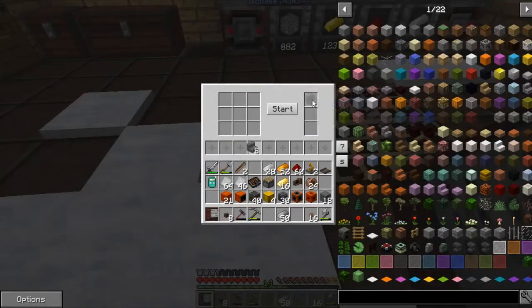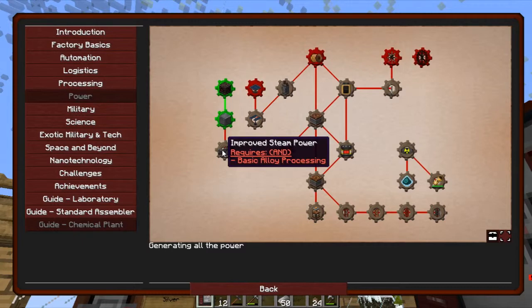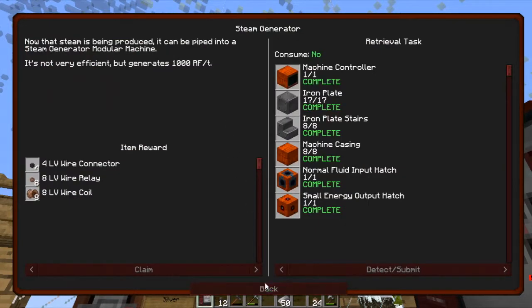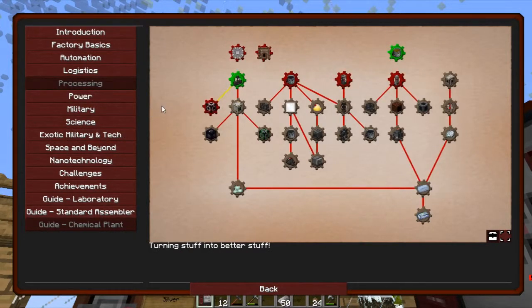Okay, so that's iron plate stairs from Quark. So that should complete that quest. Detect and claim. Now the question is, do we go for improved steam power? I don't mind setting up the steam generator, but I think we've got most of the stuff we need actually to do the improved steam power. Although we do need basic alloy processing, which will be